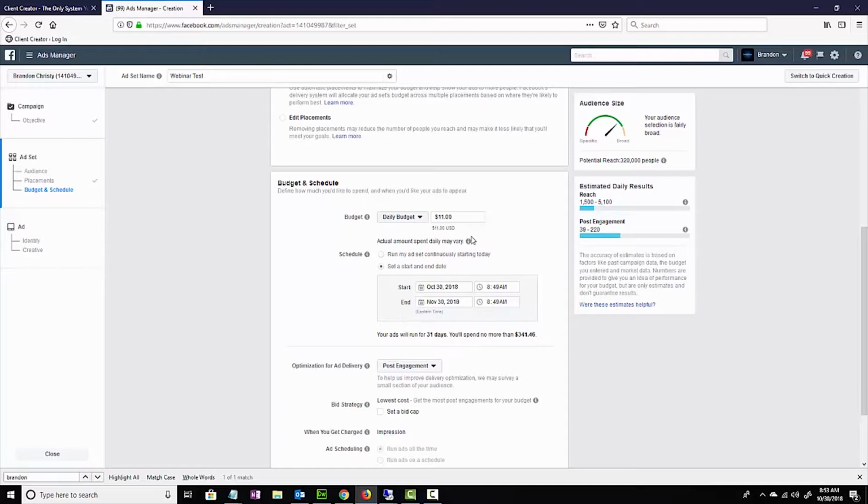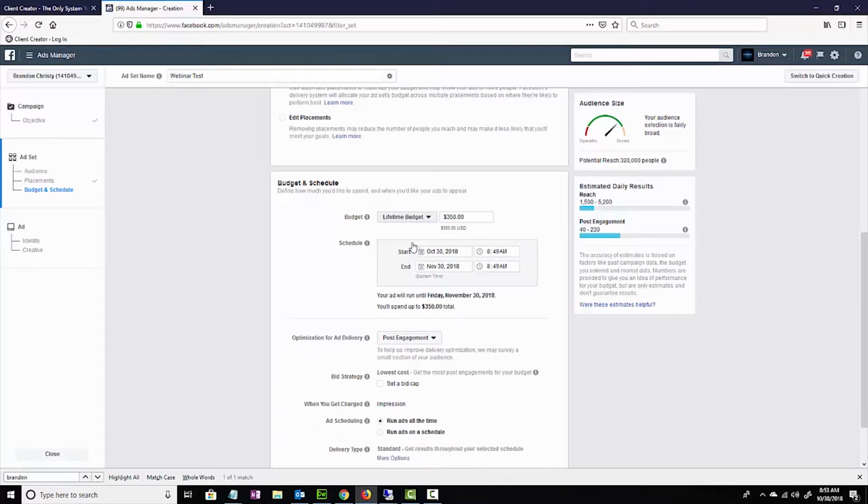So that is why we normally will use a lifetime budget. So no matter what, we're only going to spend $100. Okay, so it can run for 30 days, which would be longer than we want, but you're only going to spend $100. So lifetime budget is the best financially, because no matter what, if you screwed something up or you forgot to do something, if you just get in the habit of choosing lifetime budget, you won't get a bill scare at the end of the month from Facebook. So lifetime budget,